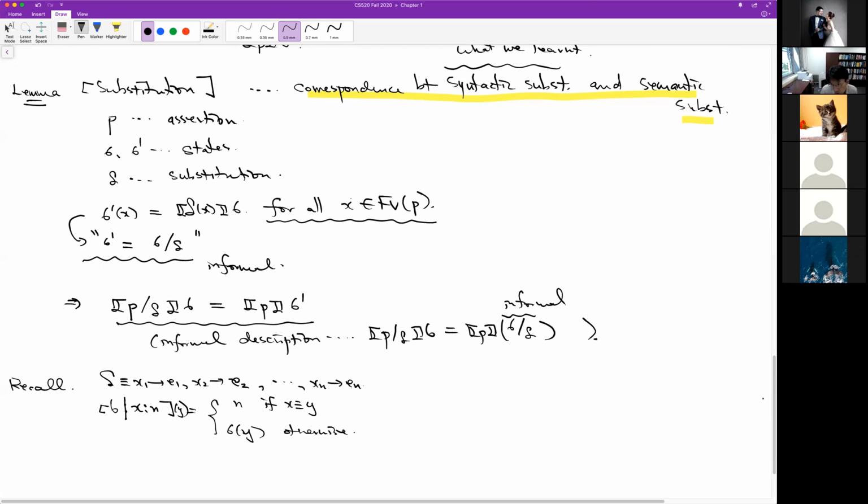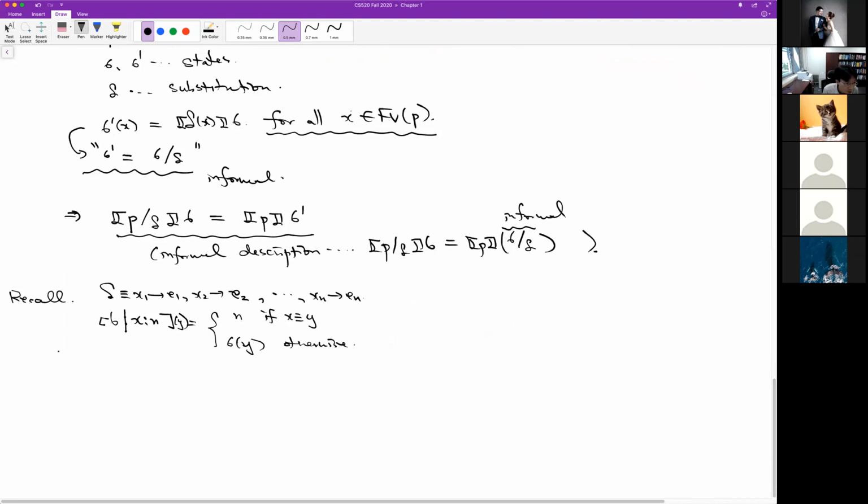So in a sense, this is saying state update operation. So using this notation, we can talk about the corollary. What this corollary tells us is, if for every formula p, you apply this substitution, x1 gets mapped to e1, xn gets mapped to en, and evaluate the value of assertions on the sigma,